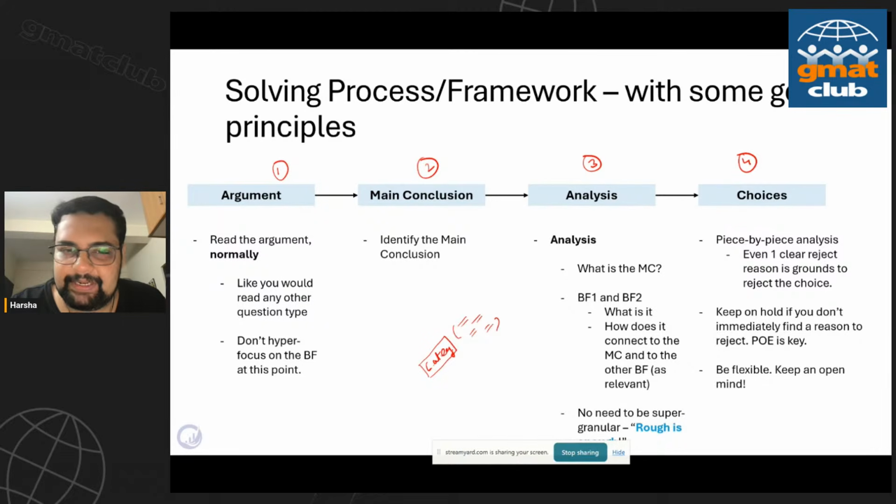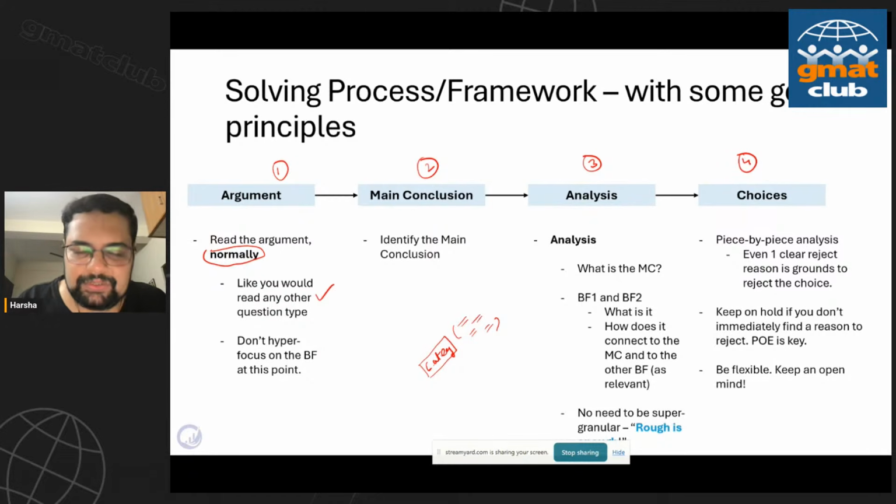That's what I've realized. So invariably, as you read, especially as you get really used to solving boldface questions, your brain intuitively, without wasting any time, naturally, pretty much unconsciously categorizes. That's perfectly fine, and that happens. Some of you might already be there, but that happens to a certain level once you have reached a certain level. But typically, otherwise, don't bother. Read the argument normally, the way you would read an assumption or a weaken question, right?